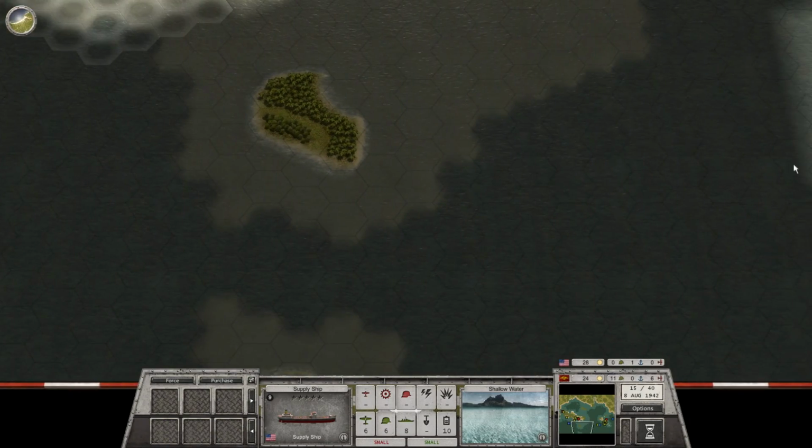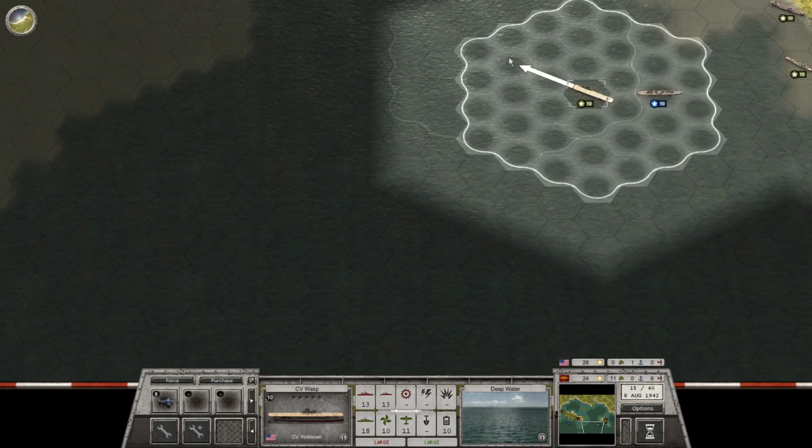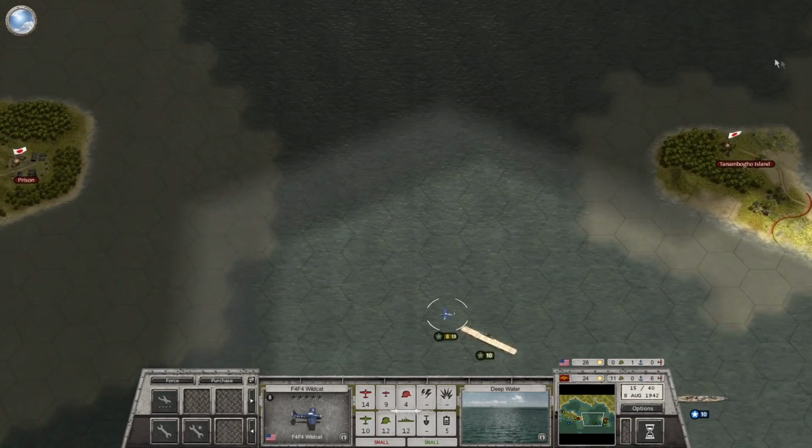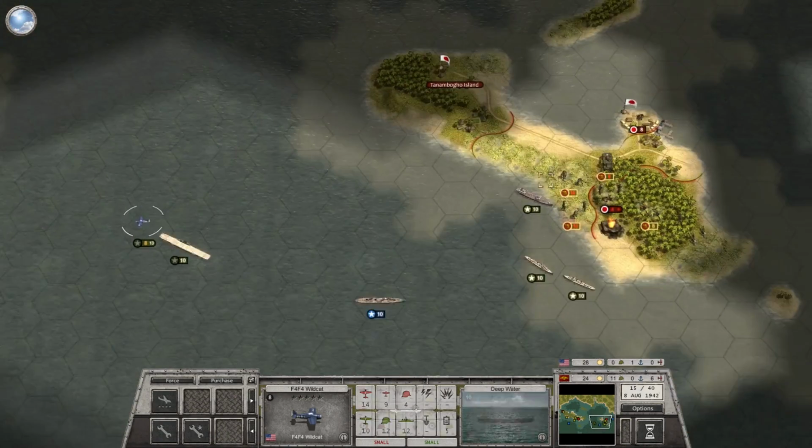KI-43, so that's a Japanese Army aircraft. We'll sail the ship this way, and then we'll get the fighters off the ground. That's actually a Japanese fighter, though, so...